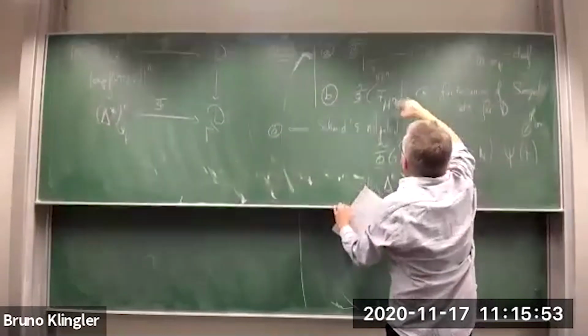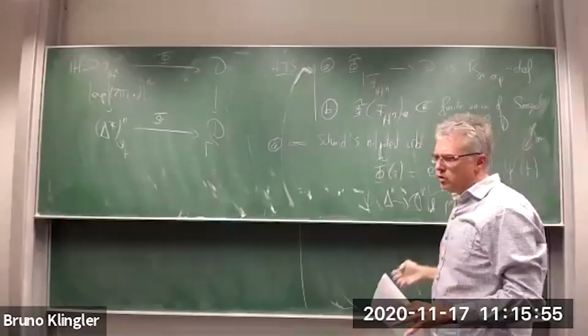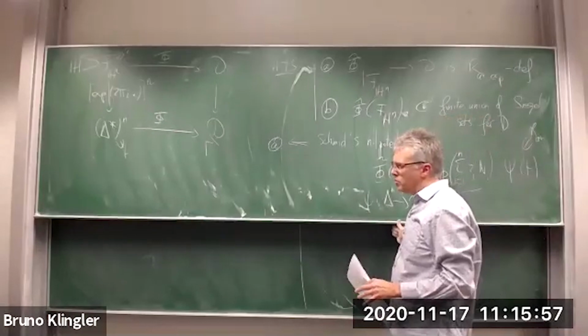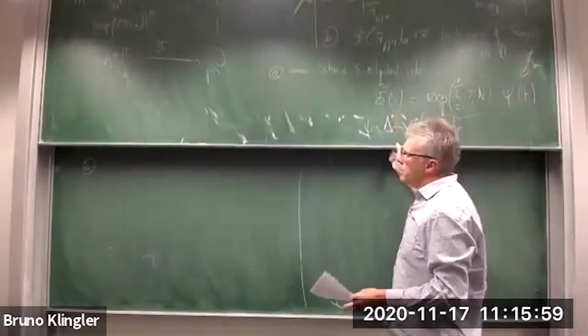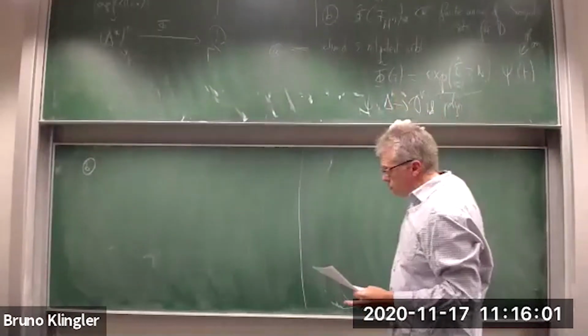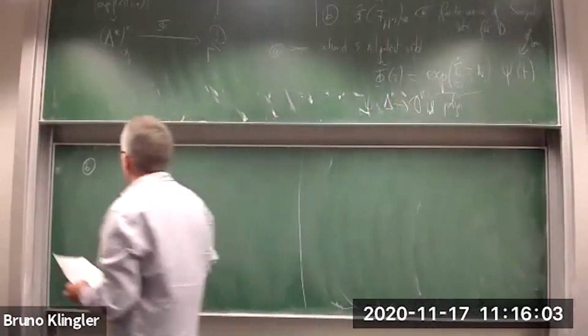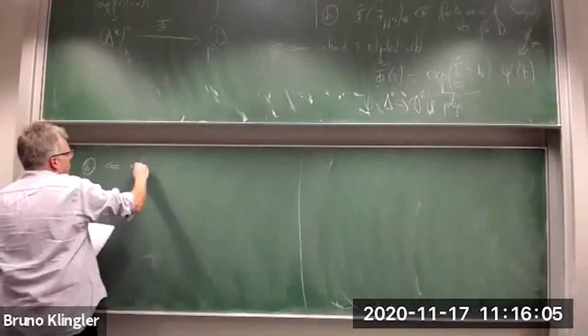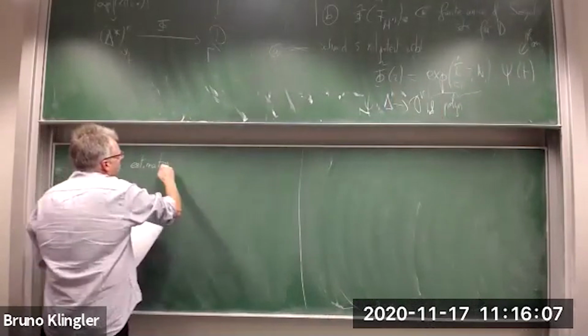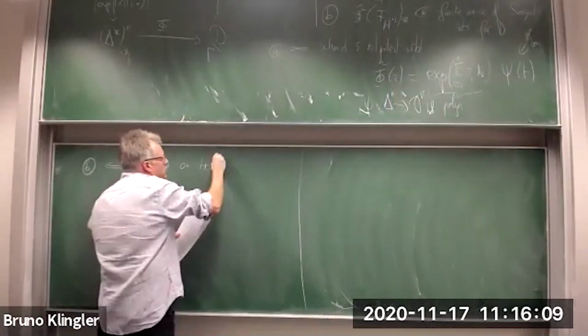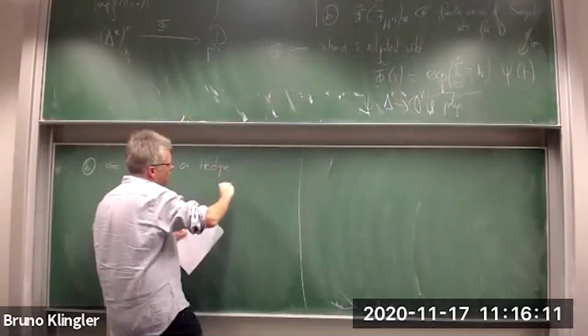So for n equal to 1, this was proven by Schmid as a corollary of his SL2 orbit theorem. The point is that we managed to prove it without the SL2 orbit theorem. It follows from estimates on Hodge norms, which are easier, and which are already in the paper by Kashiwara.